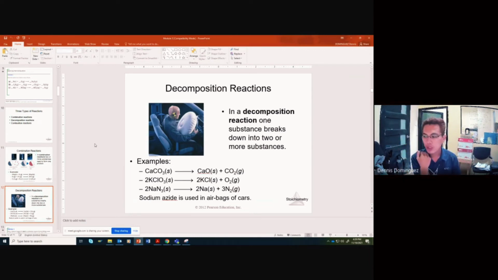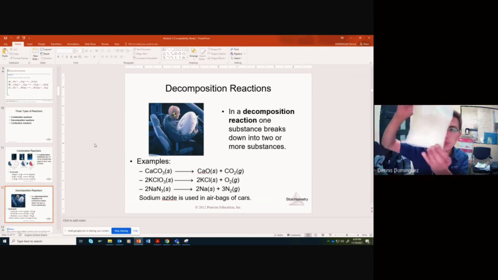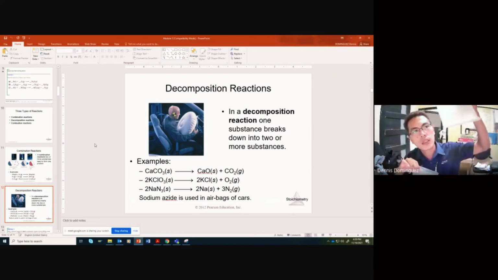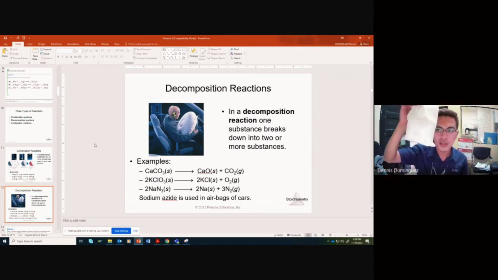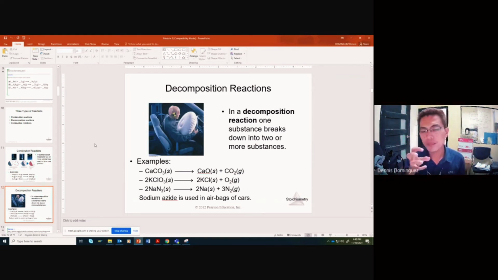So say, for example, calcium carbonate. There are two kinds of calcium carbonate. You have this one, the coffee colored one, and then you have the white one. The white one is more pure, about 95% pure calcium carbonate, while the other has lesser purity. When you induce calcium carbonate with heat, it dissociates or decomposes into two substances: calcium oxide in solid form, and a gaseous component, carbon